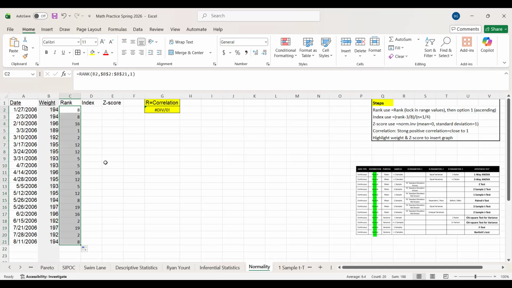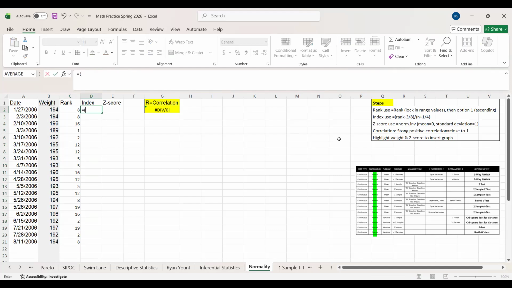Boom. Got all the ranks. Then the next step: I did the ranks, now I'm going to get into the index. Really important here is to pay attention to the parentheses, exactly the way I have it here. So here I'm going to go equals